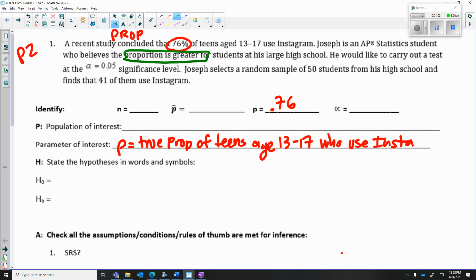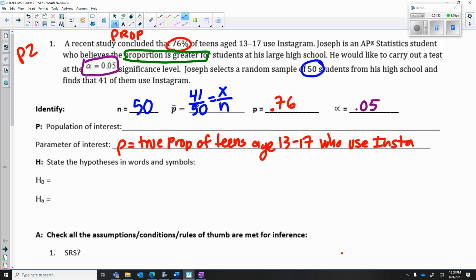He would like to carry out a significance test at the alpha equals 0.05 significance level. So that's going to go here where it says alpha level. Joseph selects a random sample of 50 students. That's going to be his sample size n, 50 students. And he finds that 41 out of 50 of them use Instagram. That is going to be x over n. So to get his p hat, we're going to divide 41 by 50,